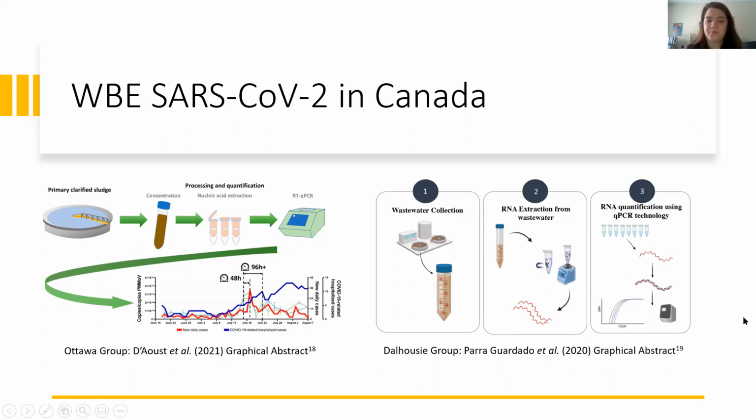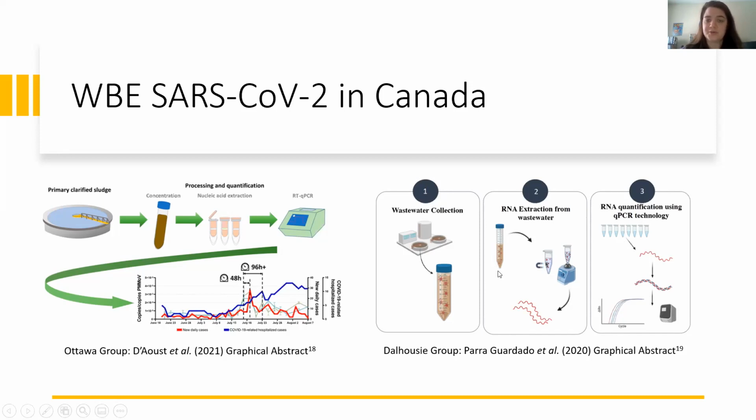So another group in Canada, this is from Dalhousie University in Halifax, Nova Scotia. They did a fairly similar kind of methodology. They got grab and composite samples from 3 communities in Atlantic Canada, and they underwent their RNA extraction and qPCR as well. Big difference here is that they didn't use a concentration step like the Ottawa group does and